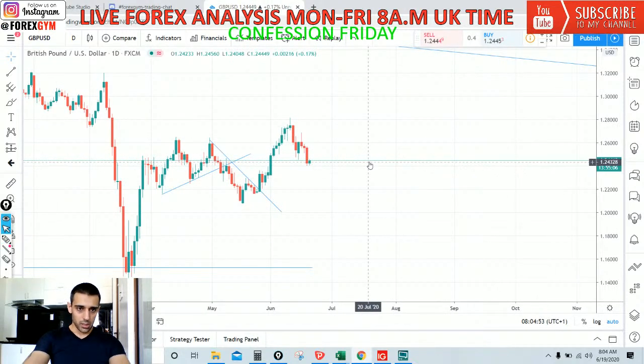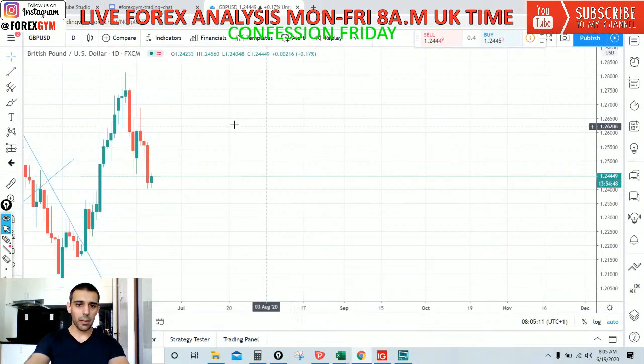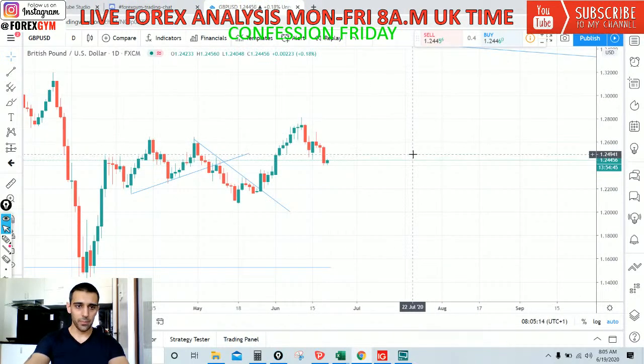So the price came down to test this lower area. We have this nice decent support level in here. The price tested it, and I'm hoping for the price to go higher for another 30 pips. I would expect the price to come up around 1.24.85 to 90 zone. That's what I'm targeting. So this is a semi-swing to swing trading potential. 24.85 to 90 zone.